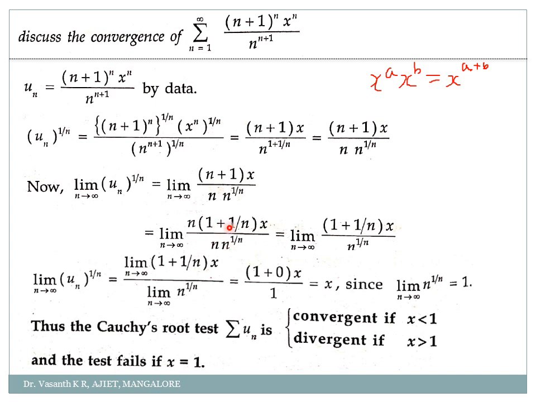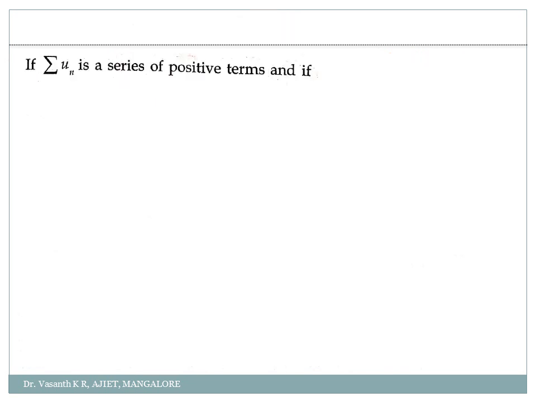Okay, so simplification steps are very important here, my dear students. Go through it carefully, it's very easy. Once you have understood, you can easily solve any type of problem whatever they give here. Okay, and remember one thing, if you have something like this, n plus 1 by n to the power x, what did I do here? I have taken n outside. So when I take n outside, what will remain here? 1 plus 1 by n. Okay, cancel that n and n here. So when you apply the limits, 1 plus 1 by infinity. Okay, so that were all the problems on Cauchy's root test.